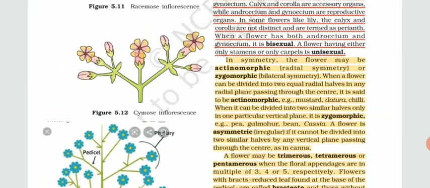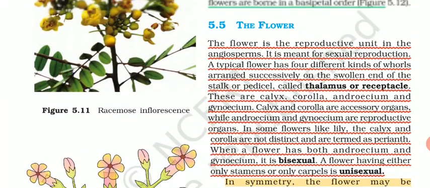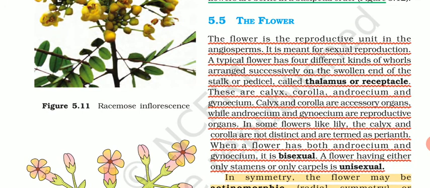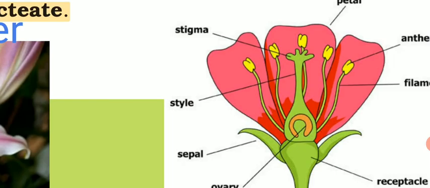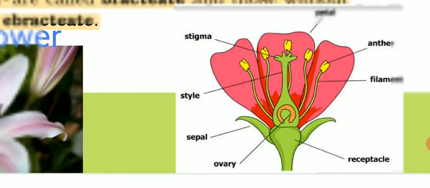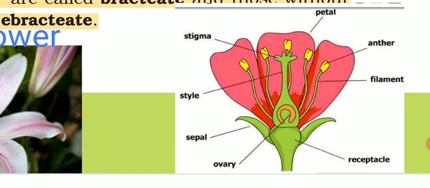Now, after studying inflorescence, we will talk about the structure of the flower. Before studying it, let's look at the structure of the flower so that all parts are clear to you. Simply, if you pluck a flower, you hold it from the pedicel. The pedicel is the lower portion. Then the swollen portion above the pedicel is called the receptacle, also known as the thalamus. This was only about the stalk by which the flower is attached to any kind of floral axis.